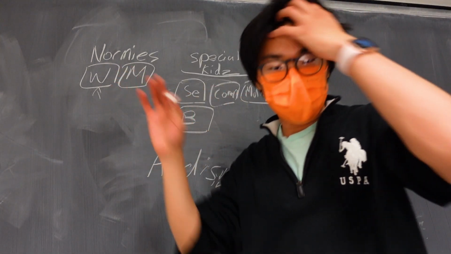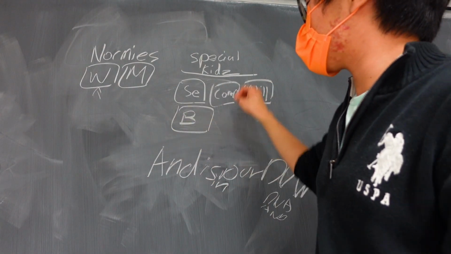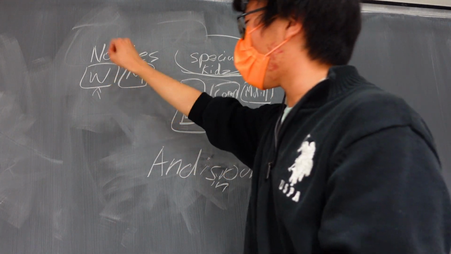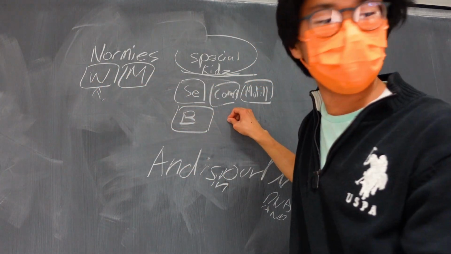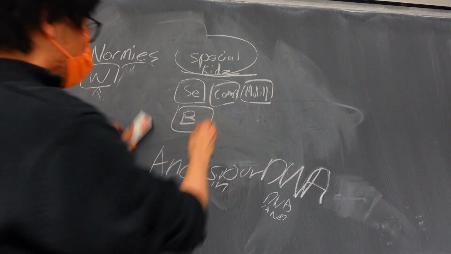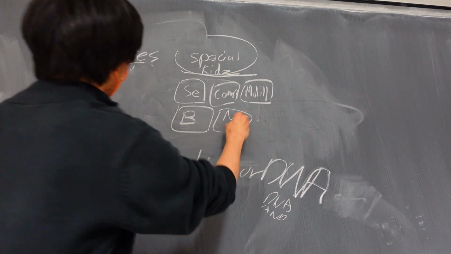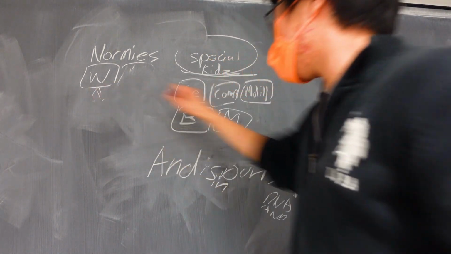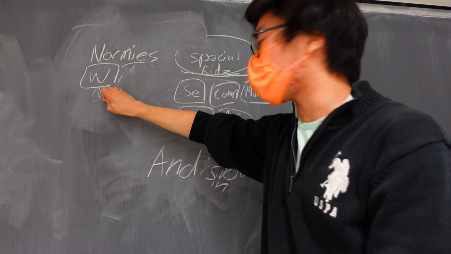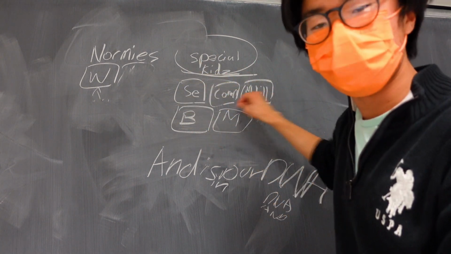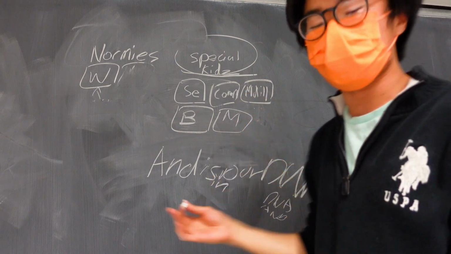So the thing about double majoring is that you cannot double major in these special kids schools, okay? You can only double major in one of these normies and one of these double majors, I think. Oh no, I take it back. McCormick, apparently, I don't think it's a normie school. I'm pretty sure it's a special kids school. So like, Weinberg, you guys are alone. But essentially, you can only double major across these. So you can pick one Weinberg major and the rest and one of these. I don't think you can do two of these. So you can double major in Medill and the School of Communications.